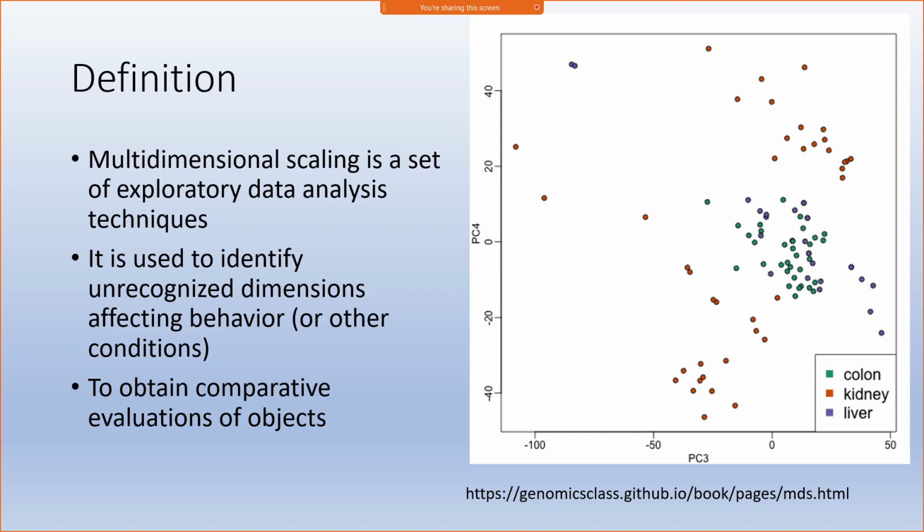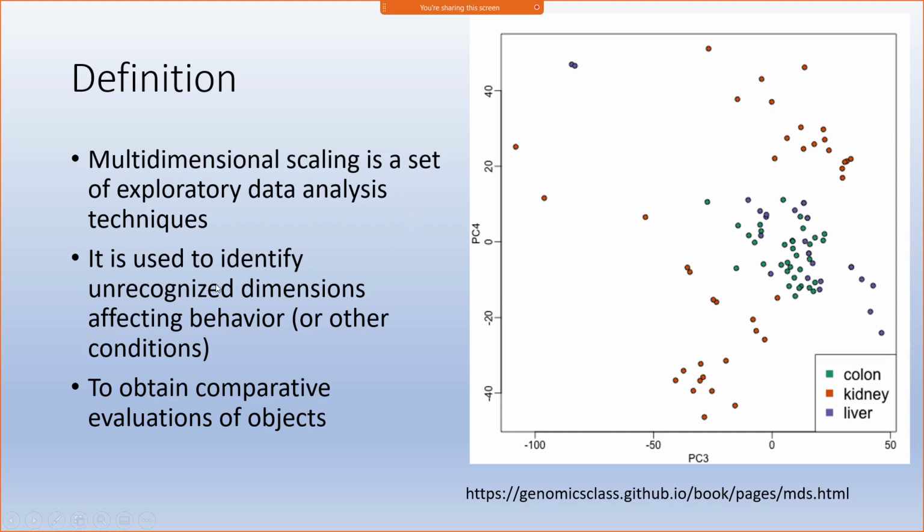So basically, it has a little bit of subjectivity, even though this point can be measured quantitatively. That's why it is called exploratory data analysis, because you want to explore. You want to identify if there are possible clusters,